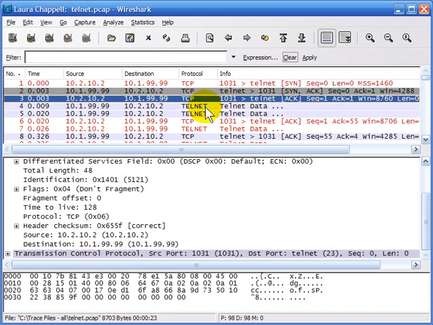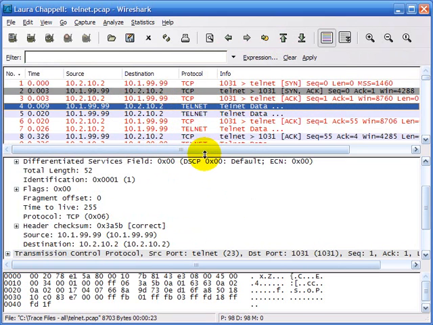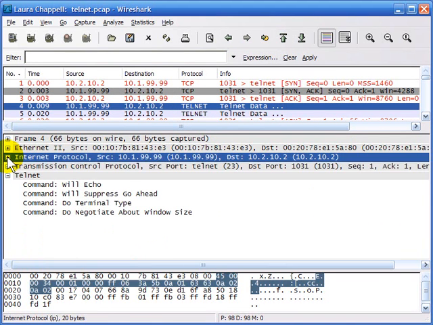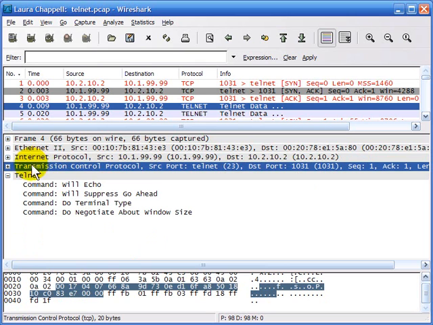The three-way handshake at the beginning, and then we have traffic coming from the server first. Now, in the telnet traffic, let me close this IP header. In the telnet traffic, telnet sits on top of TCP. And here's the server sending the packets from port 23, the telnet daemon port. And the first thing the server does is it says will echo, will suppress go ahead, do terminal type, do